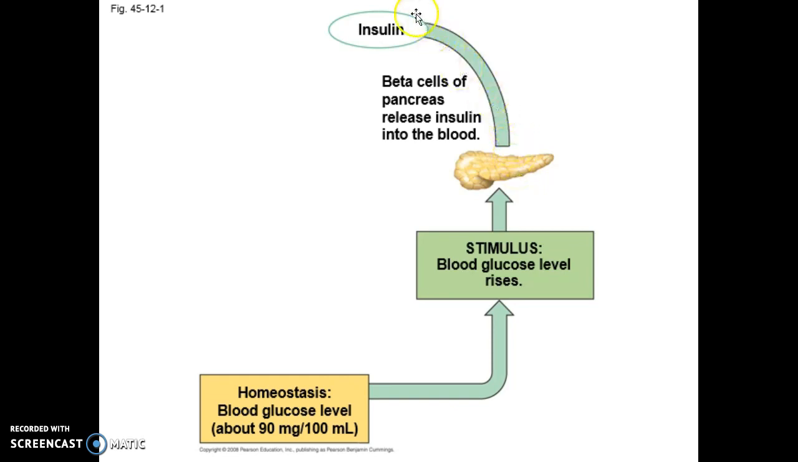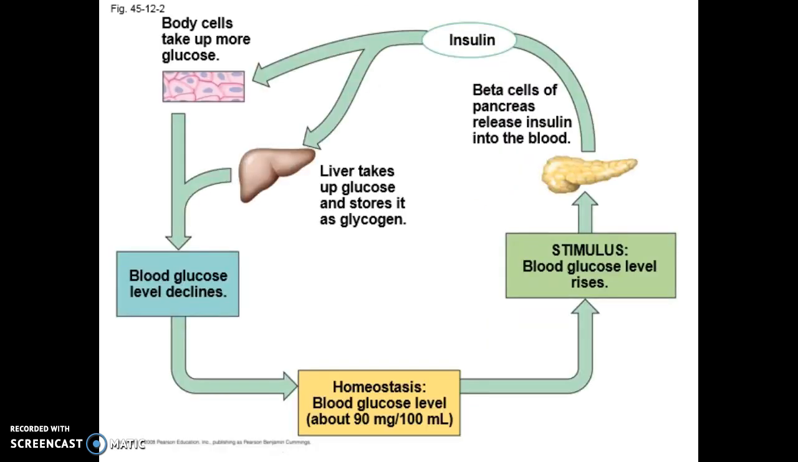They're going to make insulin to lower that blood sugar. If we continue that process, insulin's released. The liver's going to take up glucose and store it as glycogen. The body's going to take up glucose. The cells are going to take up glucose. And the blood glucose levels are going to decline. Of course, we're taking blood glucose out